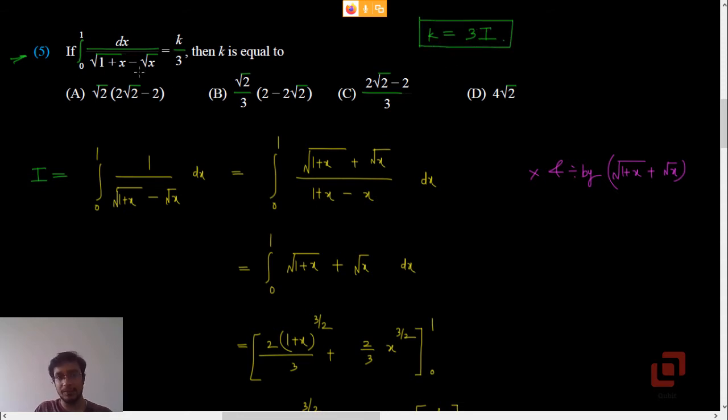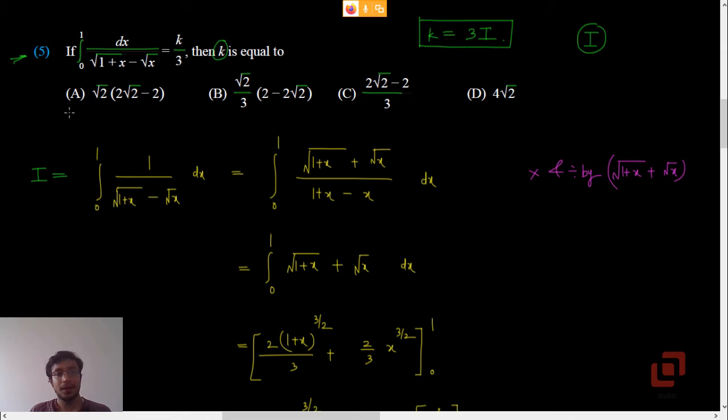Sometimes what happens, we get so excited that we solved the definite integral problem, we do not read the question properly. So if the option contains the value of the definite integral I, we will mark it and think that we have solved it correctly. Well, you have solved it correctly, but you have not read the problem correctly. They are not asking us the value of the definite integral, they are asking us to find the value of k. So please be very careful, otherwise you will lose marks although you knew how to solve the sum. Here they are asking us the value of k and not the value of the definite integral.